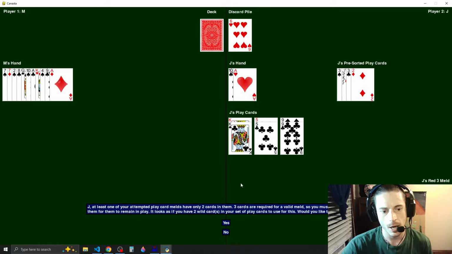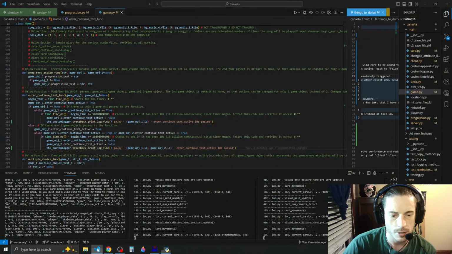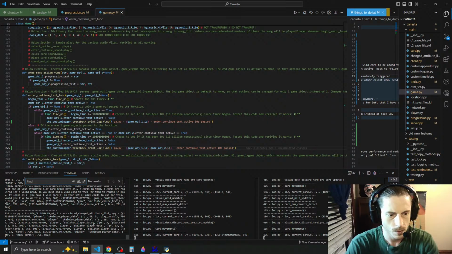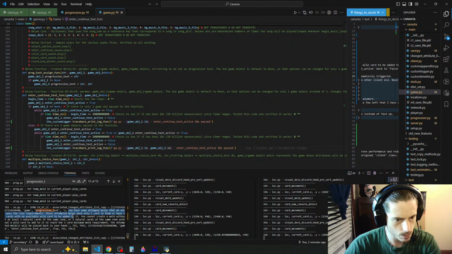That was definitely not 10 seconds. That was totally not 10 seconds. I'm actually going to look at that. So let's go over here and look for progression text. The last one was the super long one, well, no, I'm sorry, it's actually going to be the one before that, number 12. You have some attempted melds that do not pass the rule requirements, blah blah blah. Yep, that's the one. And let's see if for temp meld,